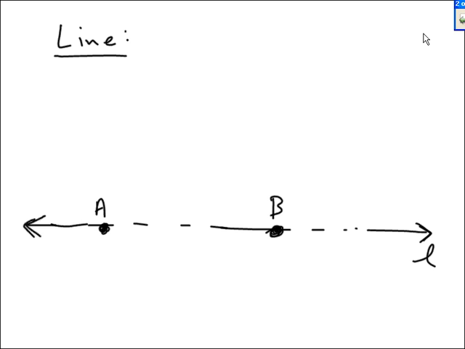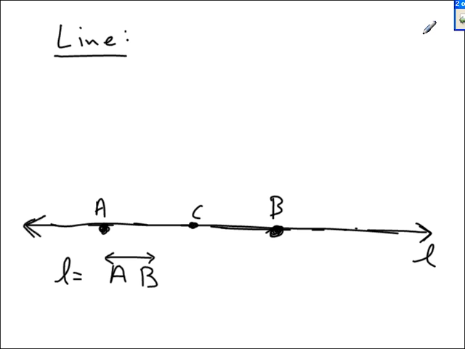This nice straight line has an infinite number of points, 2 of which are A and B. We can name the line AB, and we put a line symbol on top, arrow to the left, arrow to the right. Line AB. So line L can also be called AB if you were given 2 points,